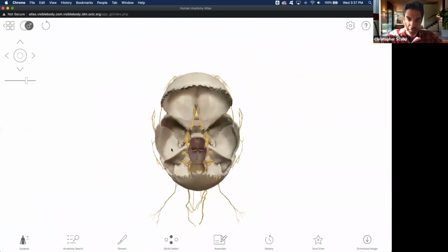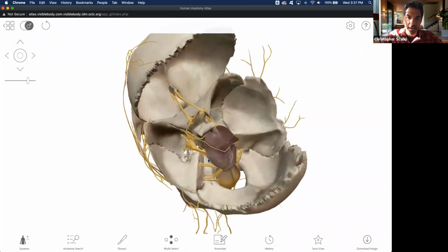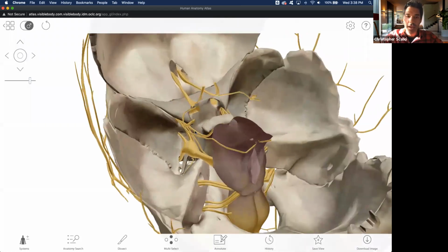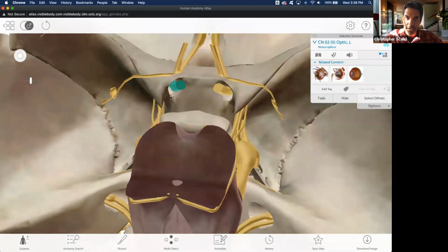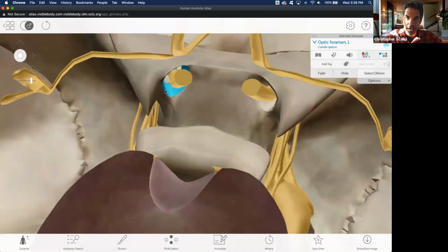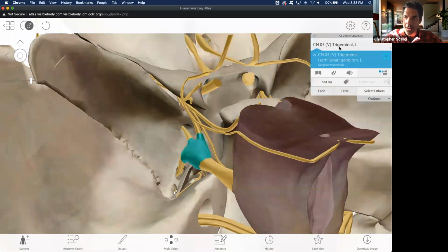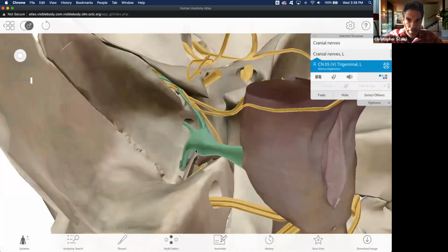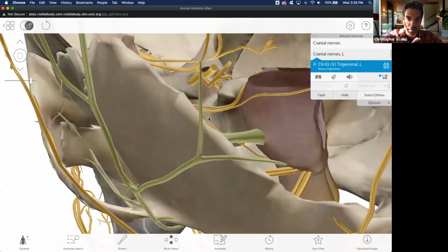Because you'll see when I go in here, and again, I've seen a presentation someone has given that had, I don't know, 30 different little pieces of sticky note stuck into different holes, saying what nerve goes through each foramen. But this 3D view does a ton of work for you. It's going to show you each cranial nerve and each foramen that it goes through. So if we take the trigeminal nerve, and I'm going to use this breadcrumb trail here to get all of it since there are so many parts, you can follow it in and see how it goes through each one of these foramen and then comes out on the other side